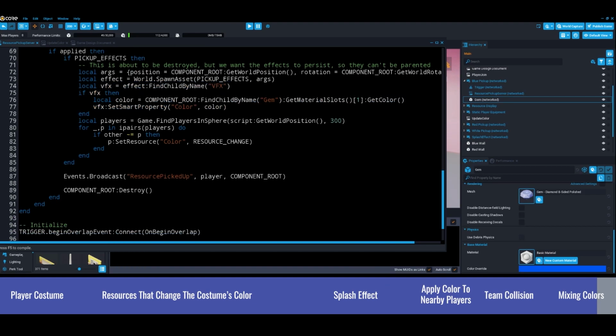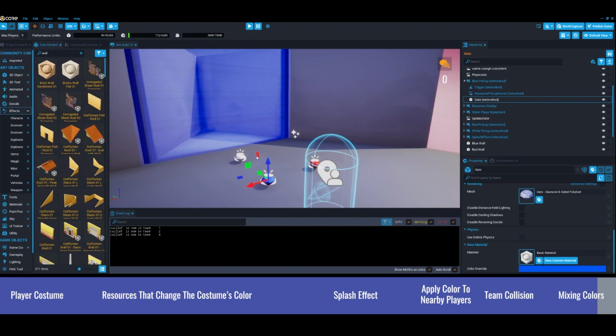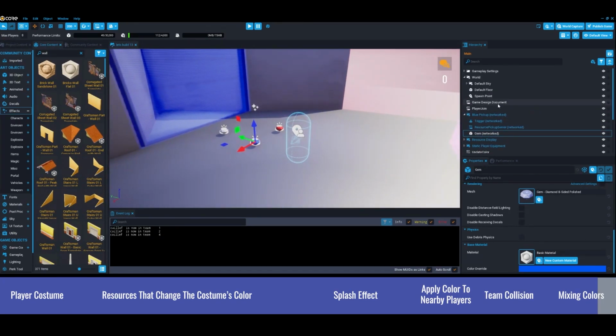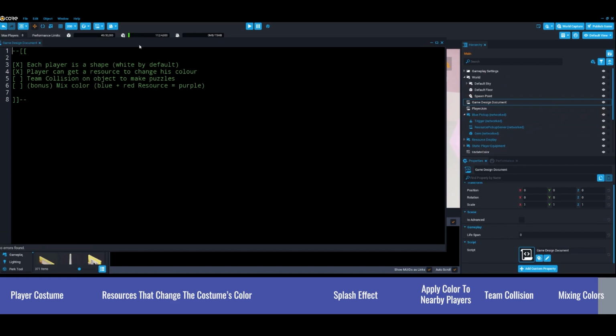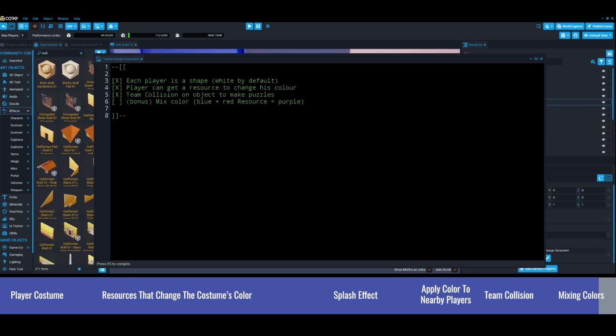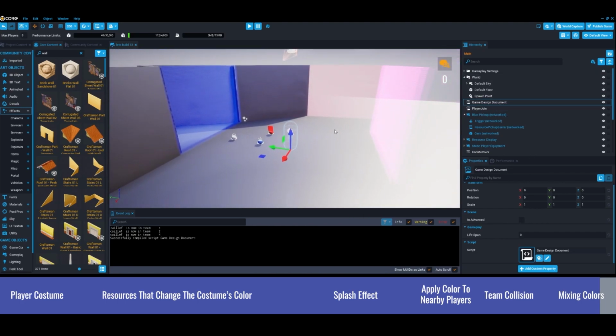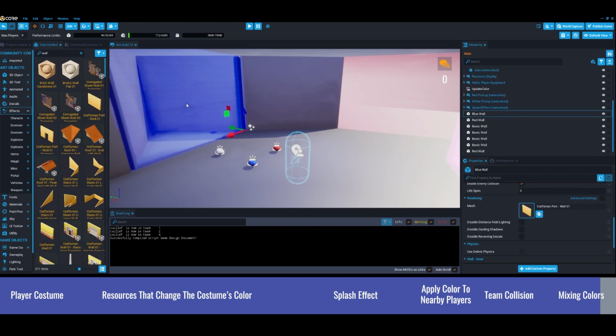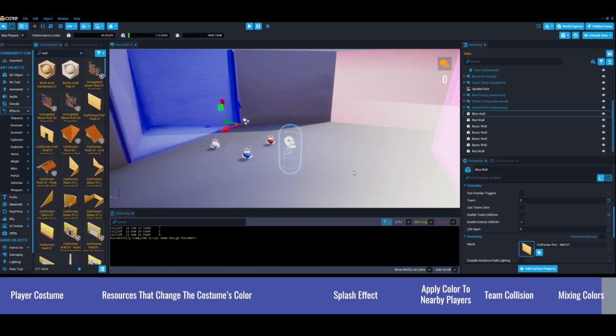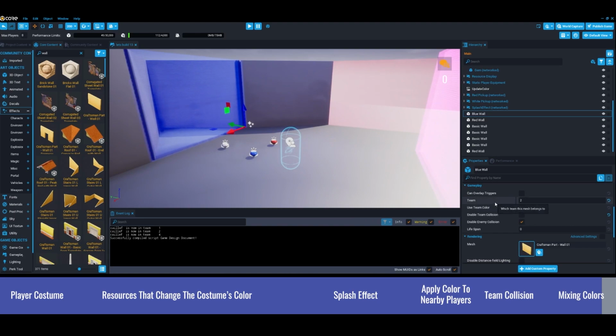And yeah, I think that's it for that Let's Build session. So we had the basic mechanic, team collision on object, so that's done, and we had the mix of colors. So we achieved everything in 1 hour, so that's awesome. And yeah, I will give you all that script, and I really encourage you to use the team collision here. That might be something that you were looking for, and you were maybe doing some tricks, but you can just use those